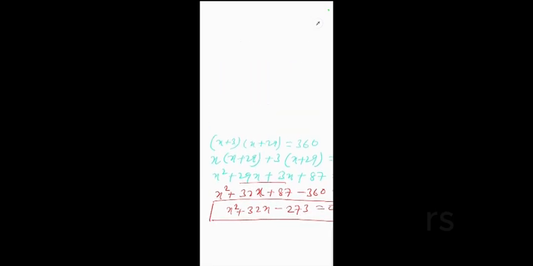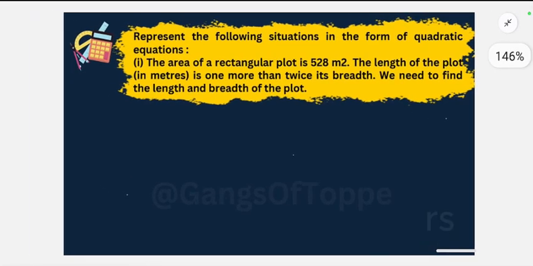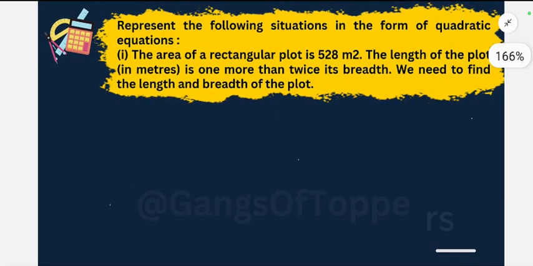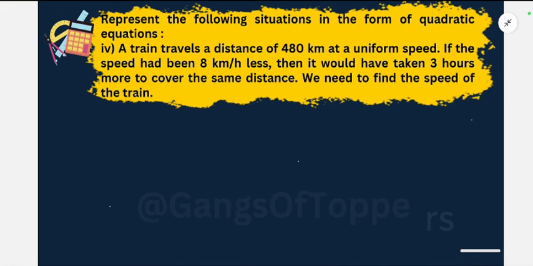Let's move to the last question. The question says, a train travels a distance of 480 km at a uniform speed. So when distance is given, 480 kilometers, if the speed has been 8 kilometers less, which